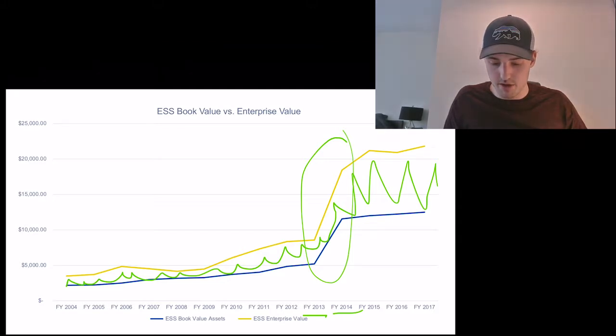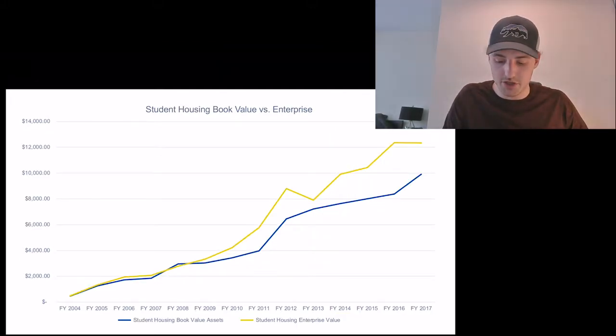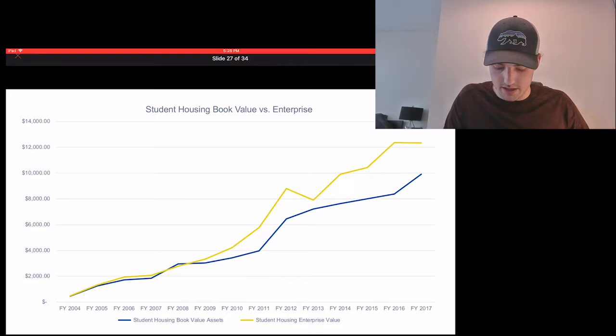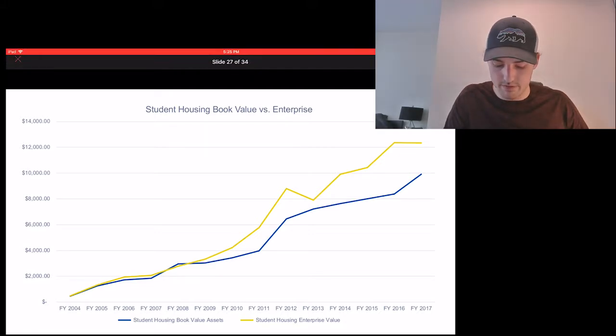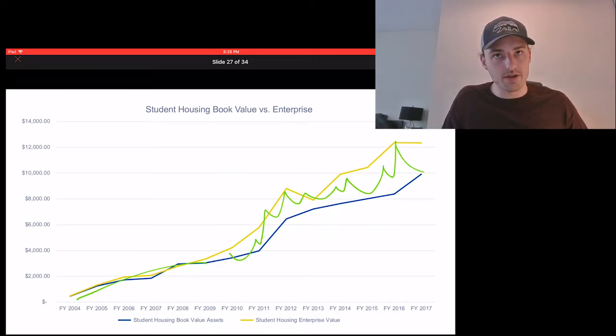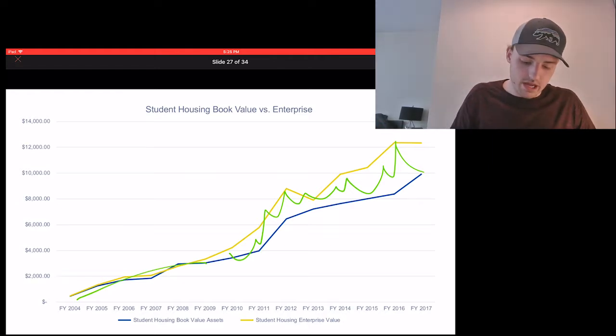And here we go. Here are the compiled averages, where we can see student housing book value versus student housing enterprise value. And once again, you can see that after the crash, things start to get wide again, which is very interesting, right? Because if we have a large speculative bubble before the crash right here,